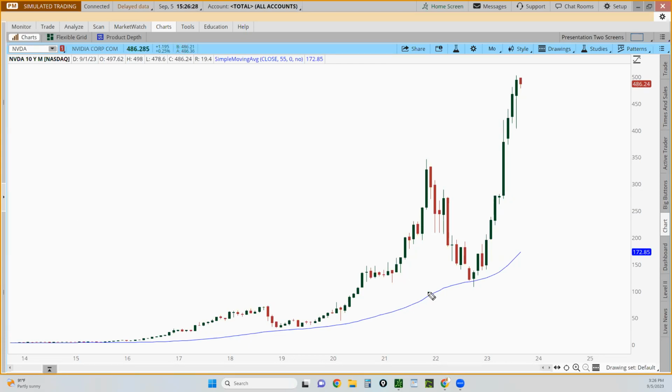All right. So right now, because we're up here, I probably won't trade anything as far as this trade is concerned. The idea is to wait until it comes back down to that 55 simple moving average in the future. Yes, this is on the monthly chart, but honestly, you can use it on any time frame. I'm just using this to make it very simplified. There are some additional tools that you'll need if you were to go on a smaller time frame to filter out the noise that usually takes place. But right now, I'm just showing you a simplified concept of how this works.